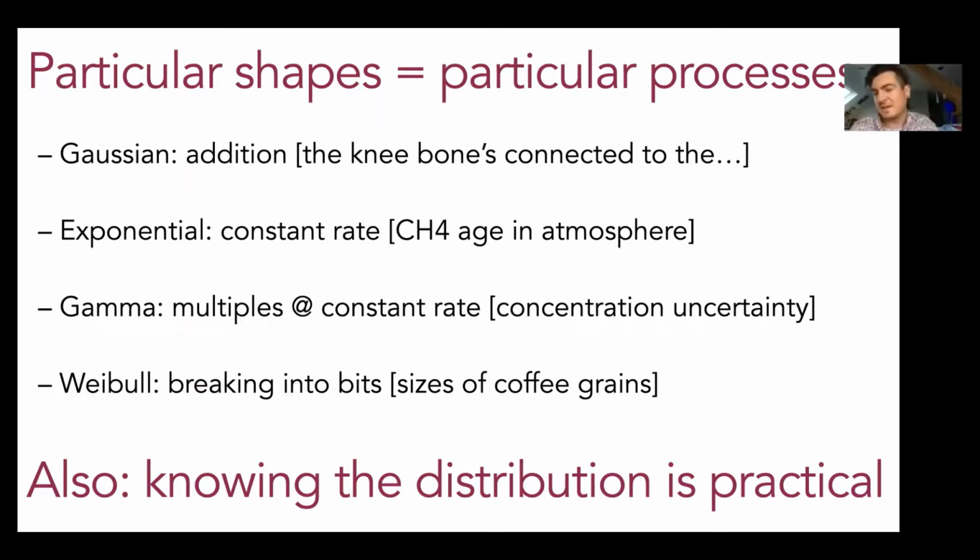I think humans have a roughly exponential age distribution after a certain age too, for the same reason. Then we have gamma distributions, which happen when you have multiple stages to death or something like that. Or you have distributions like a Weibull distribution, where, like when you grind your coffee, the bean sizes are Weibull distributed because that process is the sizes of things breaking into bits.